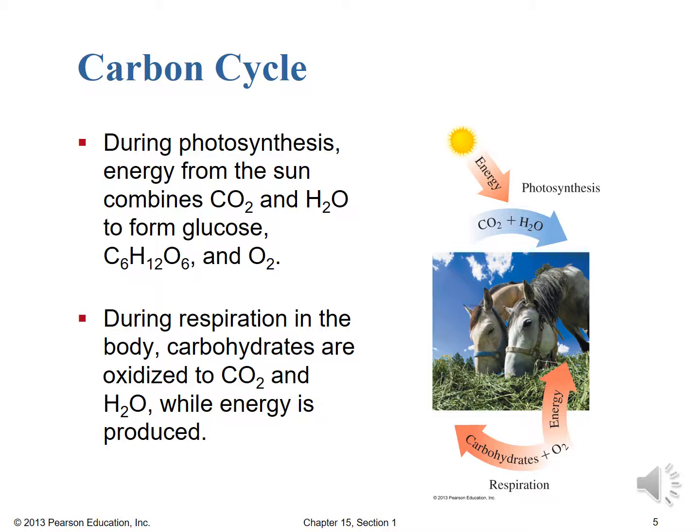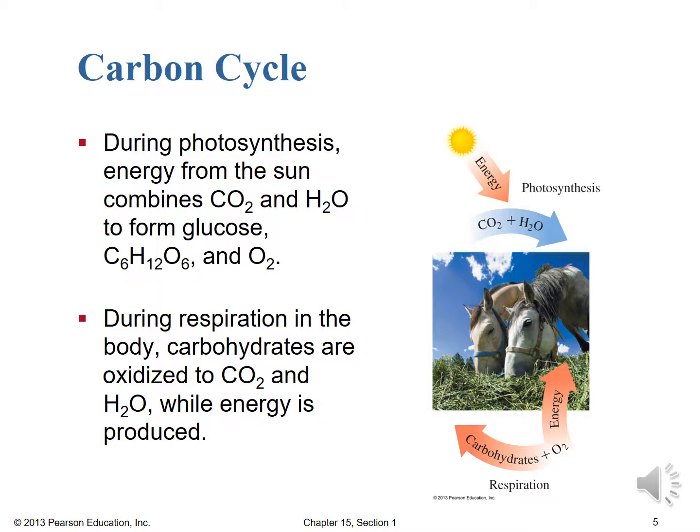Now, hopefully you noticed that reversible arrow. That's a chemist's way to see something that's a cycle. We can also talk about the carbon cycle, which just takes that photosynthesis forward reaction and respiration reverse reaction from the previous slide and makes it more explicit that this is a cyclic process. This is nature's way of allowing things to go on and on for generation upon generation. So during the photosynthesis end, the energy comes from the sun, combines that CO2 and H2O to form glucose, our model carbohydrate, C6H12O6. So there's that 1 to 2 to 1 ratio of carbon to hydrogen to oxygen,